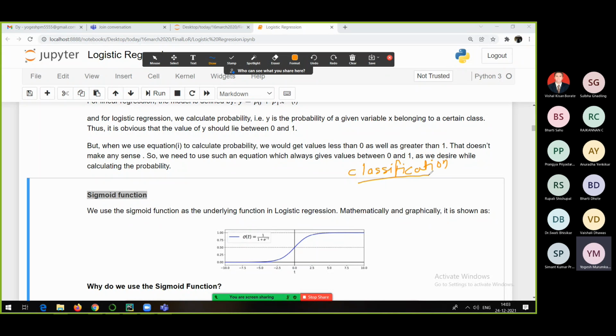So I want to create a classification model to classify a patient as diabetic or non-diabetic.